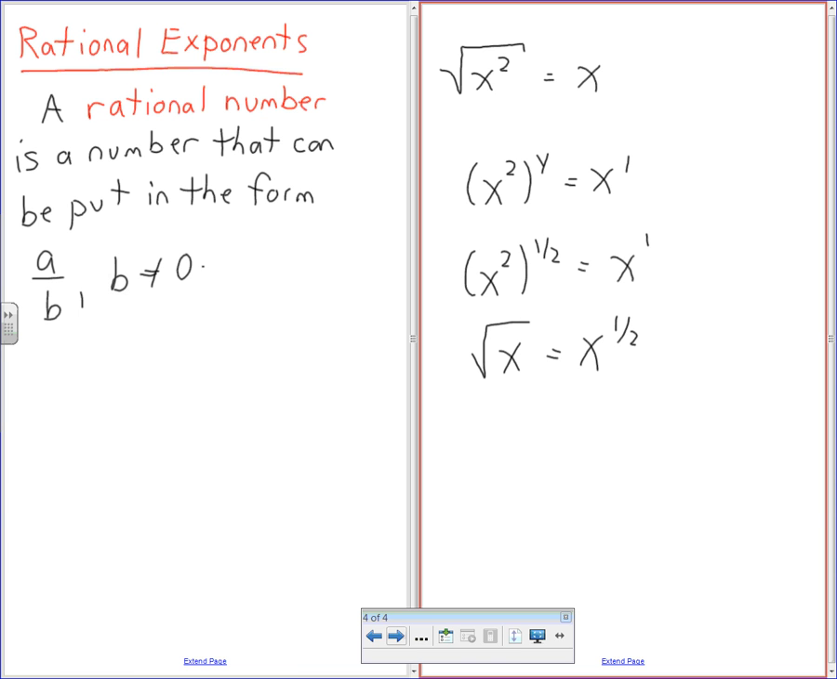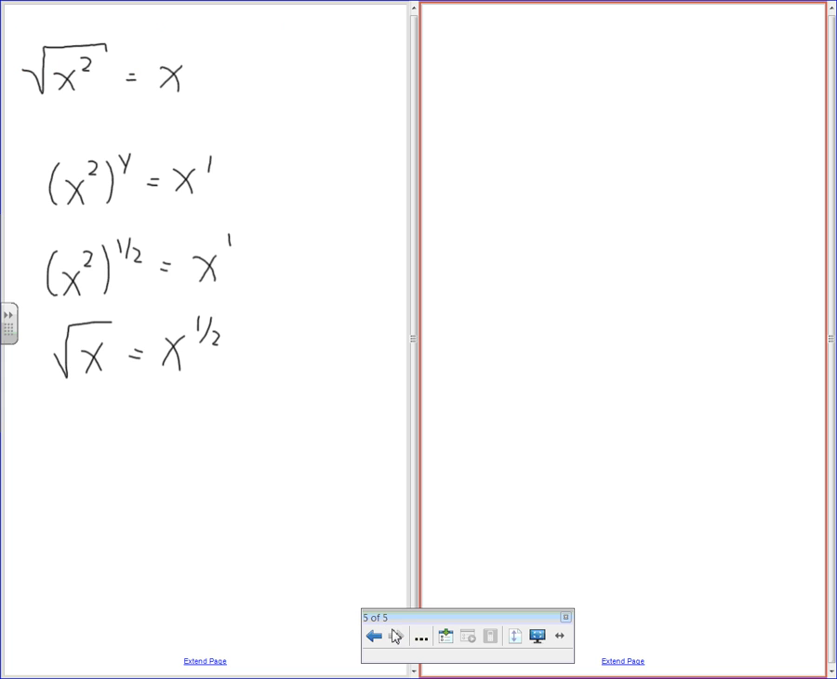The square root of x squared is going to equal x. And then we're saying x squared to the something is equal to x, and that something happens to be 1/2. So that showed us that the square root of x is the same as x to the 1/2. In the same way,